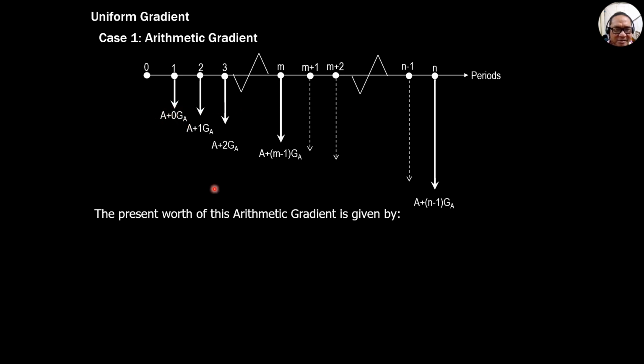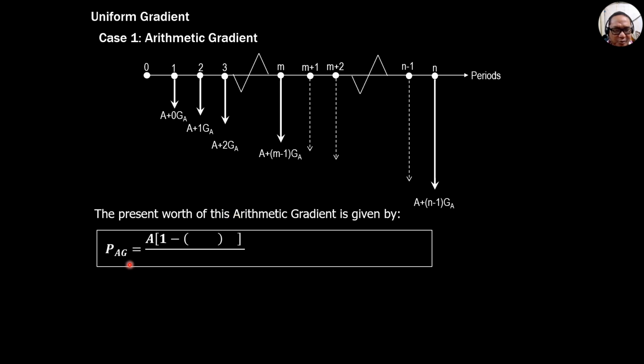Equal payments is A. So if you can recall, the present value of an annuity is equal to A over I quantity 1 minus 1 plus I to the negative n from the preceding discussion or preceding videos. So present worth of arithmetic gradient is, take note that this term is the present value of equal payments, annuity, A over I, quantity 1 minus 1 plus I to the negative n. And this is the present value of this payment, which is uniform also from 0 to n minus 1 g sub a, which we're going to derive on the next slide.